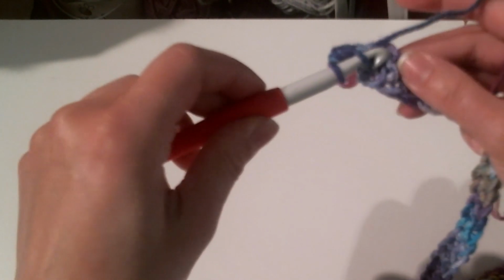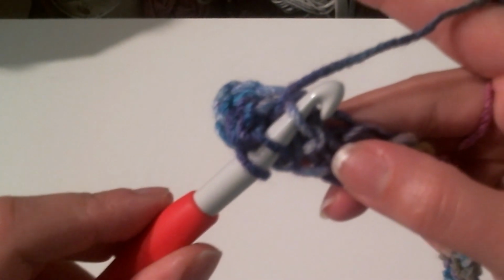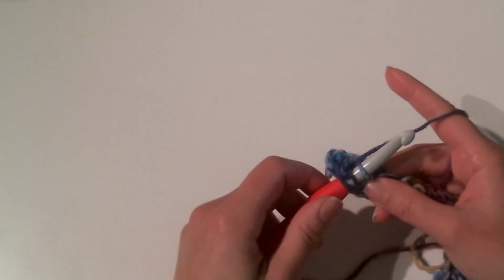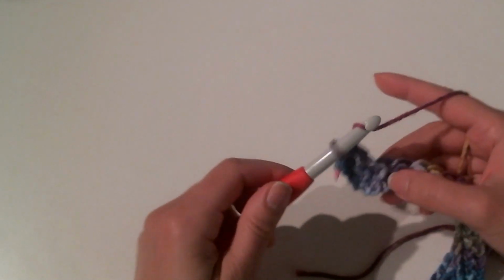So here's 1. You guys can see that third loop, right? Because it's a little bit awkward for me. So we're working into that third loop there. Hopefully you guys can see that. All right, so that's where you're going to put your stitches, and you're just going to work 8 more of those. So here's 1,